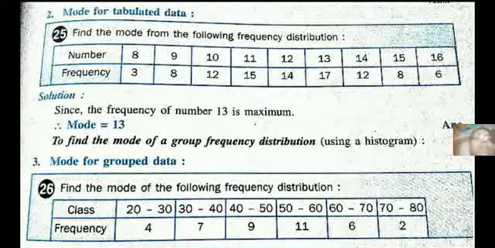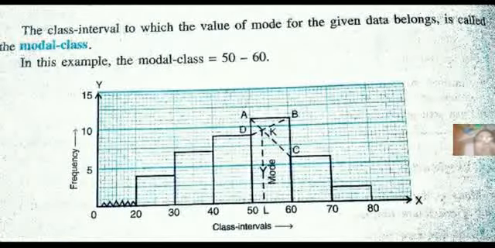Let us see how to find the mode. For that, you have to draw first the histogram. You have been reading about histogram, how to draw. A histogram is a continuous graph with the class intervals. There is no gap between the rectangular bars. You can see this one. It is starting from 20, therefore a kink mark is used up to 20. So 20, 30, 40, 50, 60, 70, 80, all these rectangular bars are equal. So no spacing is given. Frequency given 5, 10, 15. You can see the graph is plotted.